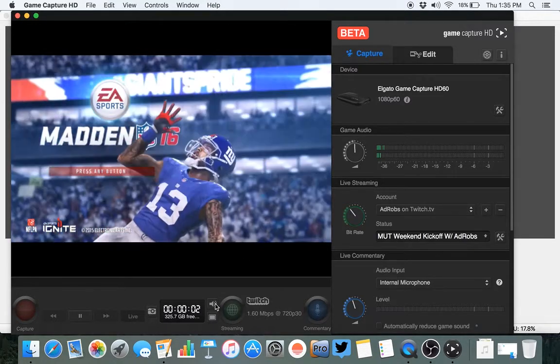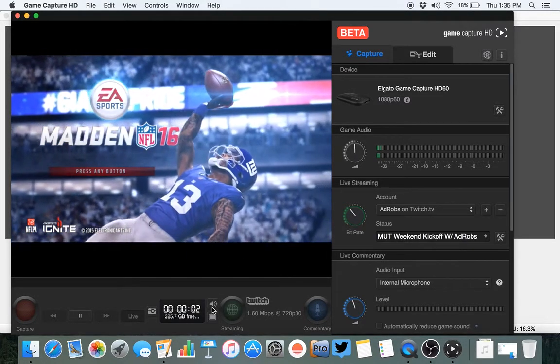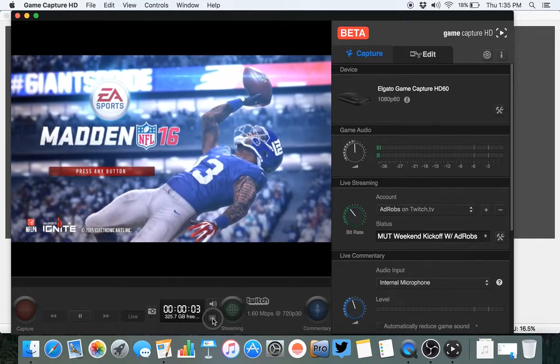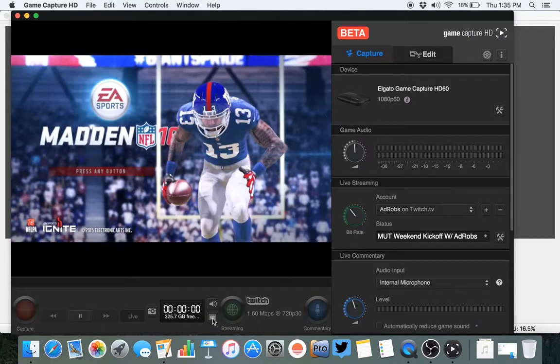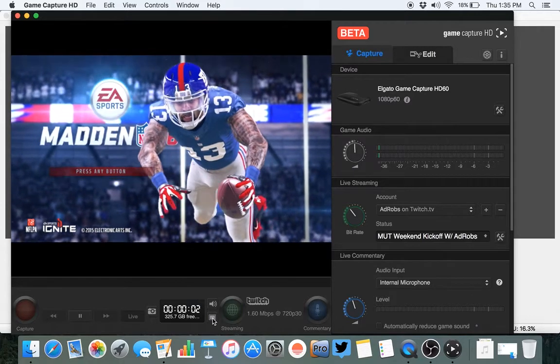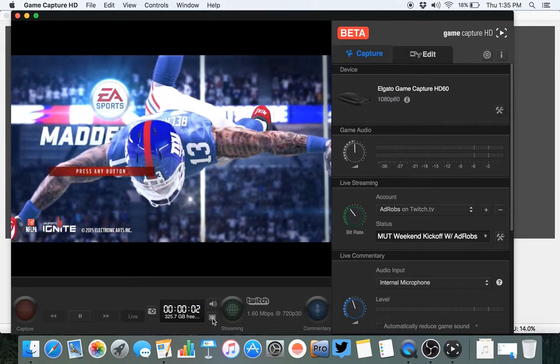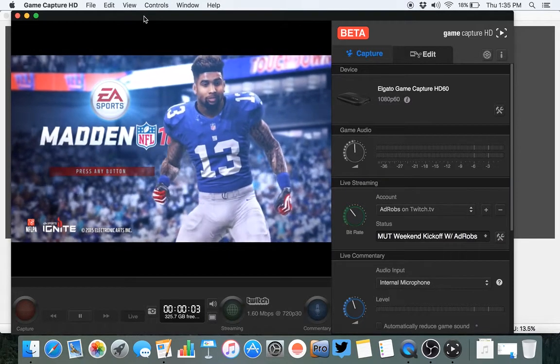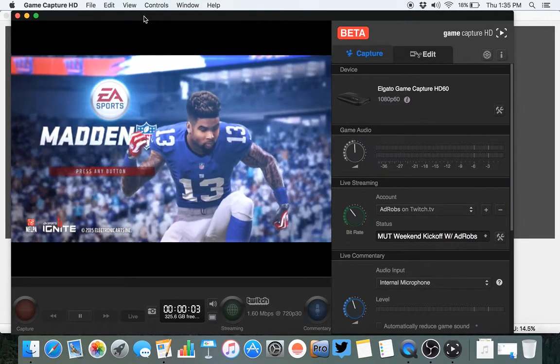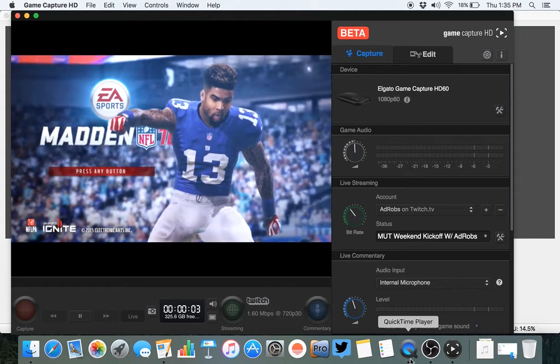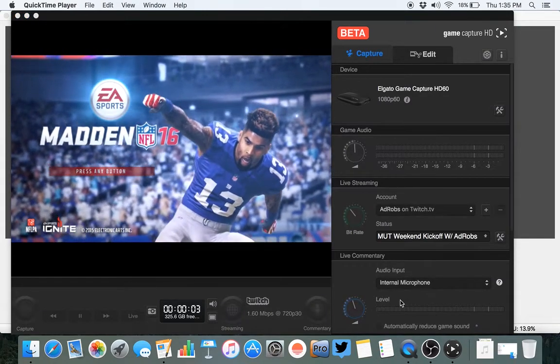You want to make sure that this is not muted. You want to make sure it's like that, not muted, and you want to make sure your preview is turned on. So this is what you want your screen to look like. I'm going to leave it there for just a second in case you have to pause and come back or whatever. Alright, and then what we're going to do is we're going to drag it over to the other display,